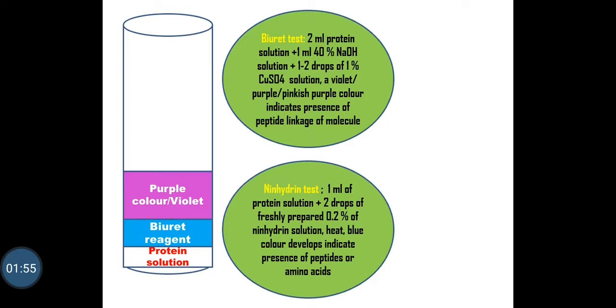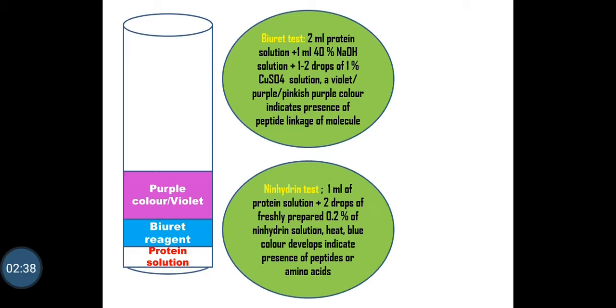Next test is ninhydrin test. This test is also called triketohydrindene hydrate test. This test is positive for all amino acids containing free amino and carboxylic groups. Hence, it is positive for proteins, peptones, peptides. It is also positive with other primary amines including ammonia. The triketohydrindene hydrate forms a complex with the amino or carboxylic group of amino acids or other primary amines, developing a blue color or violet color on heating.